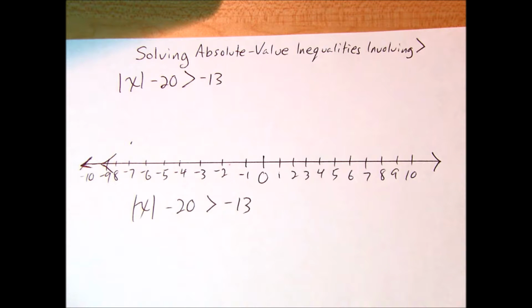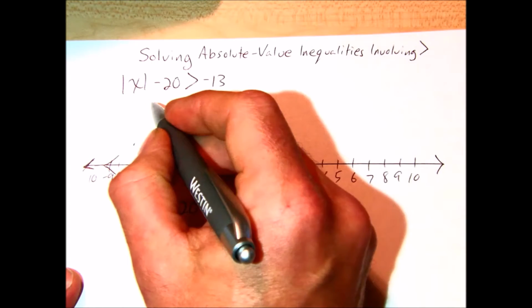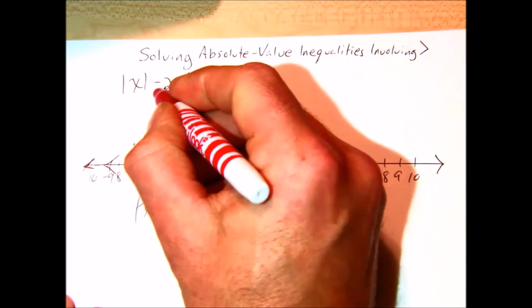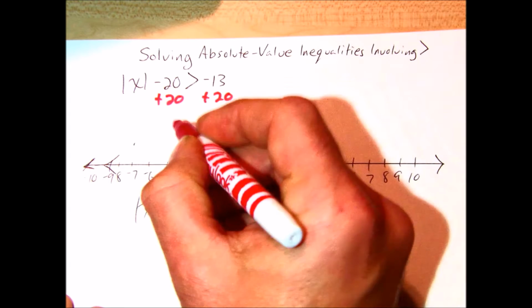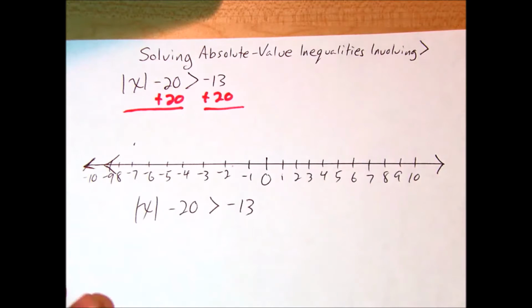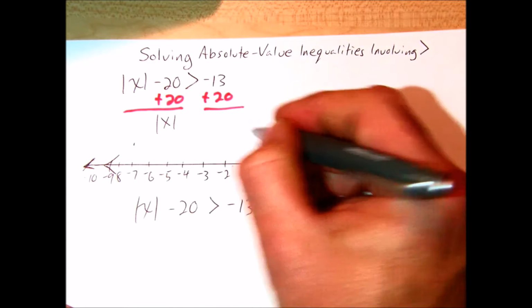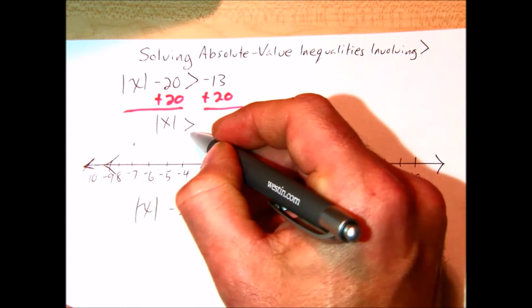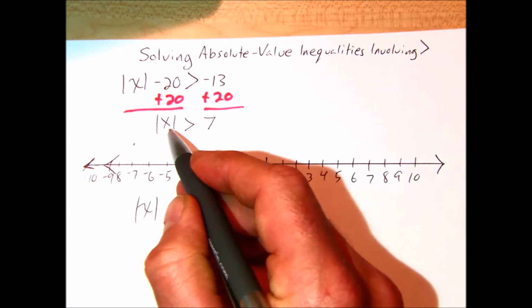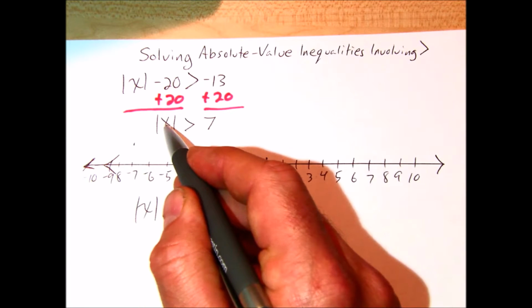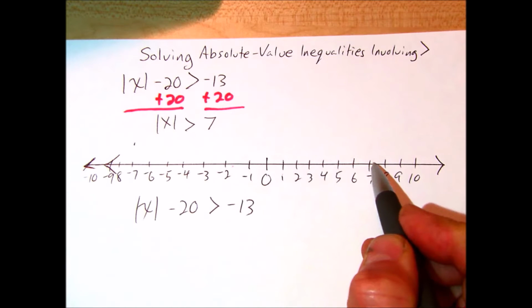So here I want to first isolate my absolute value expression. So I'll add 20 to undo subtraction from both sides. And I'll end up with the absolute value of x is greater than 7. So whatever value I plug in for x is going to be more than 7 units from 0. So it's going to be greater than 7